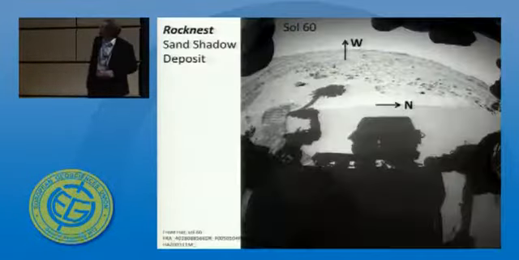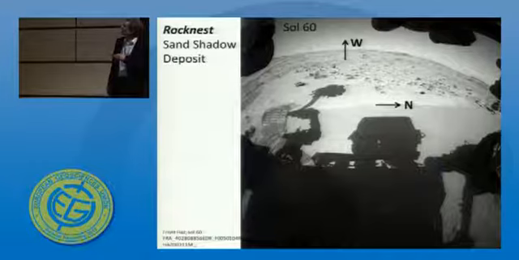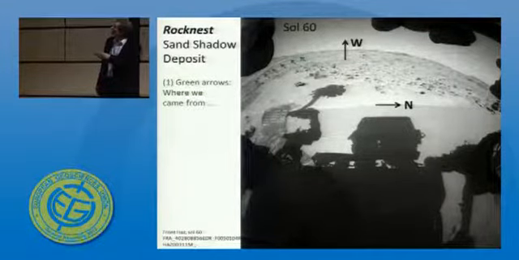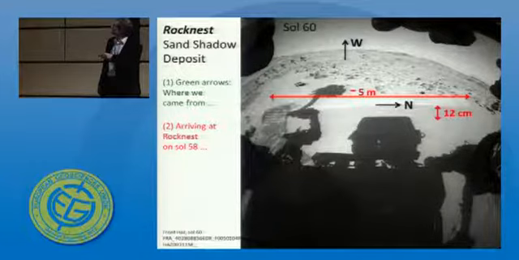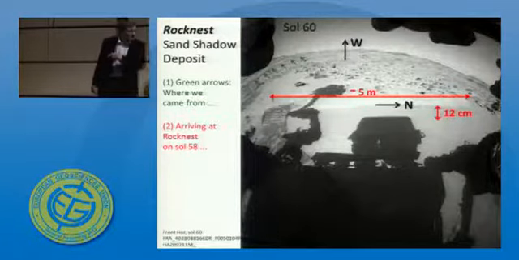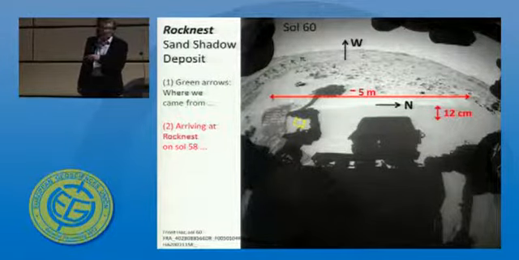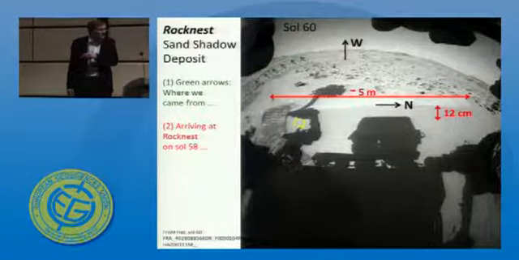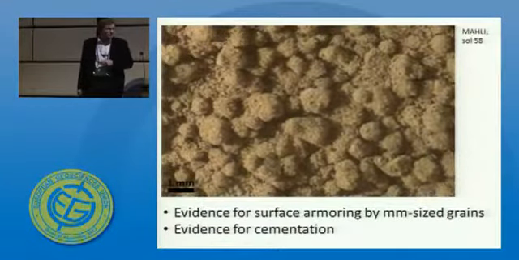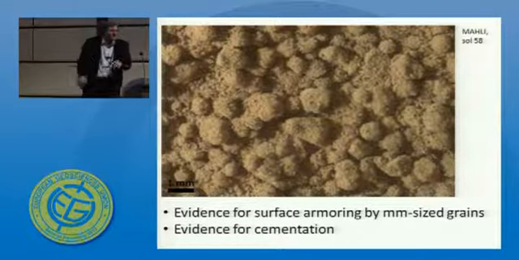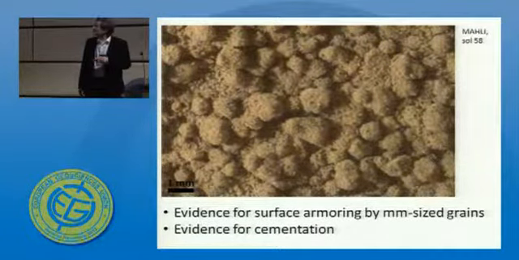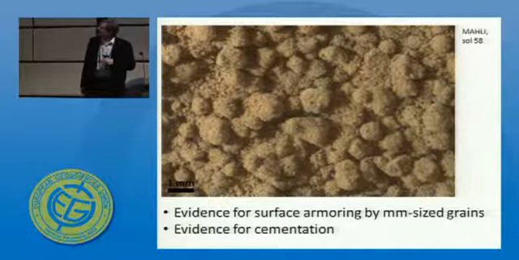Here, very briefly, we come from this western direction. You can see the wheel tracks arriving at the Rocknest deposit with the dimensions as specified, and then we were looking at the pristine surface, here the yellow rectangle. Zooming up, we see a wonderful image, and this is the top surface of the Rocknest deposit, and you can see nice sub-rounded